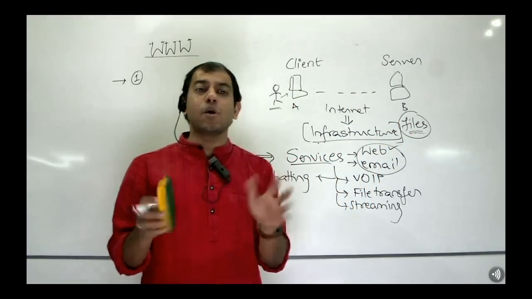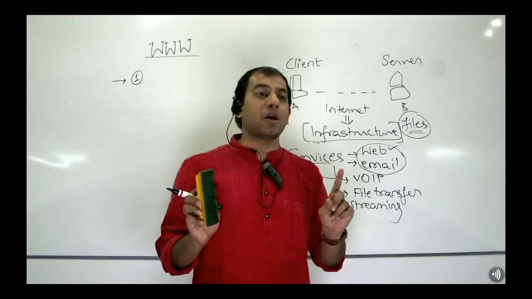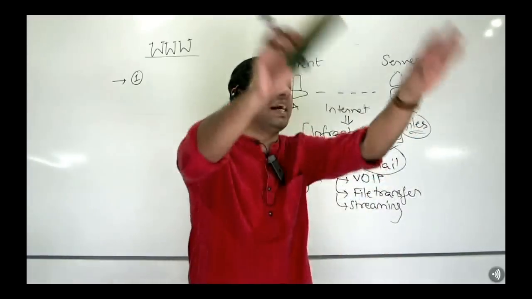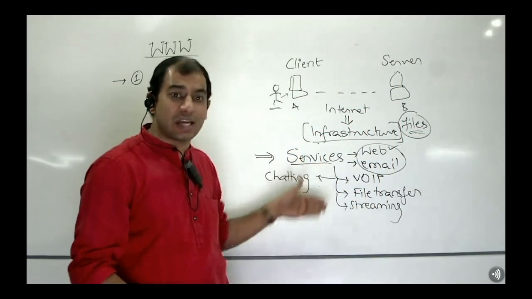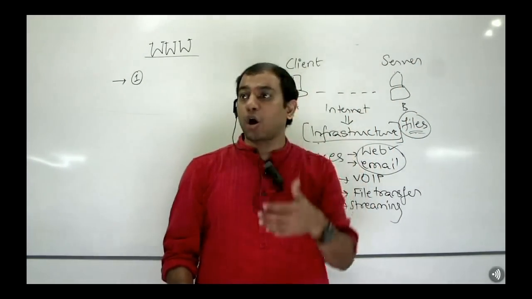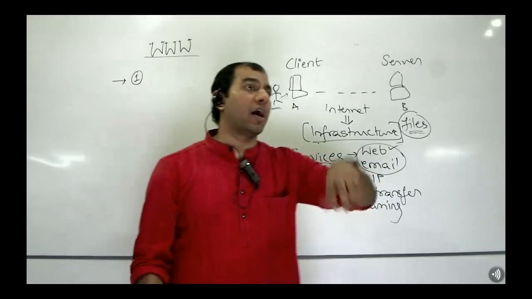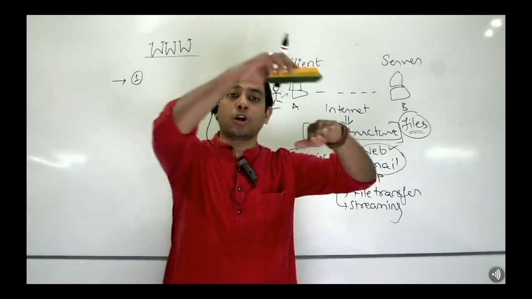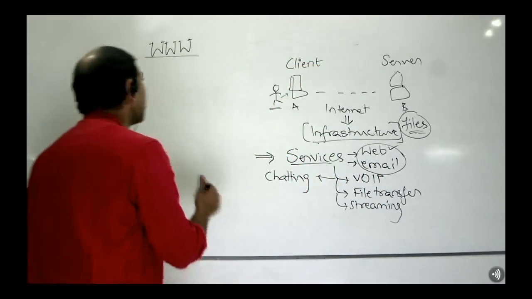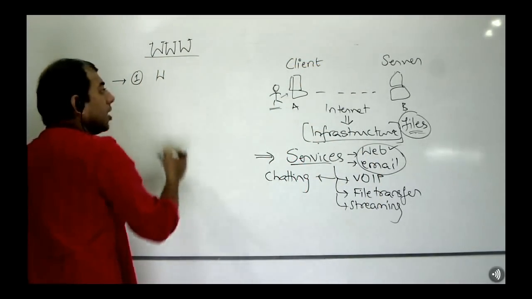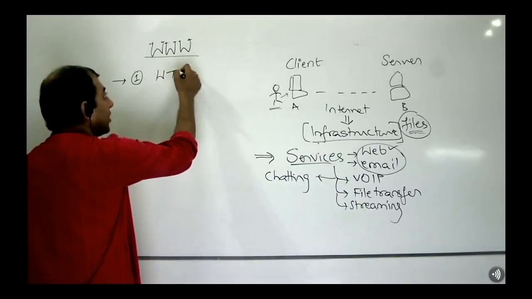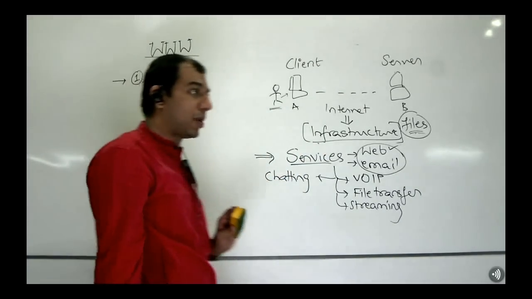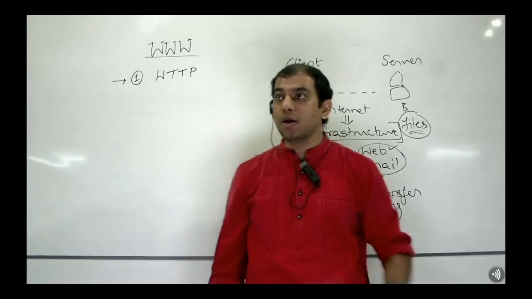TCP/IP does not give you a mechanism to ask. TCP/IP gives you the mechanism only to send. So what was required, and what is required for every service, is a new protocol. Every service is backed by a new protocol that sits on top of this TCP/IP. So the first thing they invented is a protocol that gives you the ability to ask for something and get it back. And we know that is nothing but your HTTP, Hypertext Transfer Protocol.